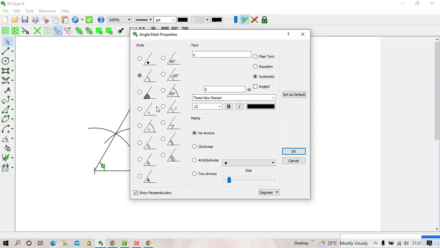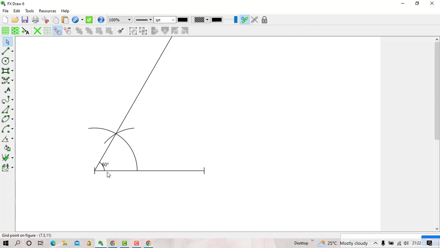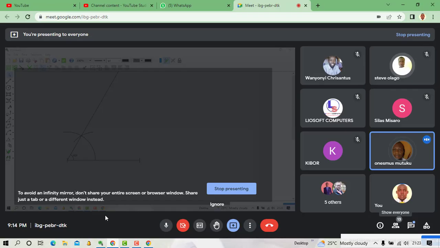But now if you want it to show that angle, you will select on these three which type of style of angle you want. In most cases, we normally use option number 2. You click OK, you mark it, then you click OK. So that is an angle. If you find that the angle is maybe closer to that arc, you can still click on it and then just drag it away from the arc. You can drag it away from the arc like that, and that is how we normally construct an angle of 60 degrees. After that, do we have any question?